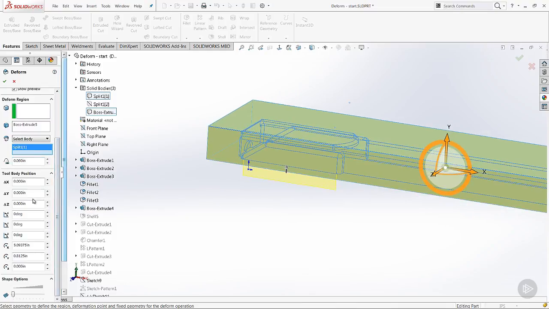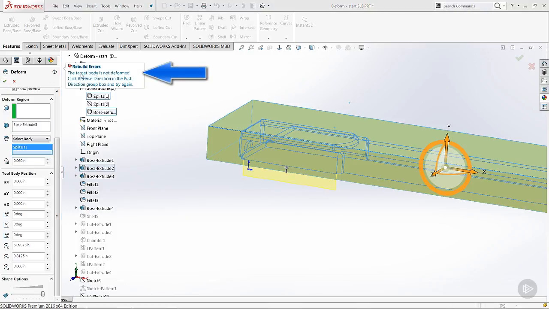Tool body position, we can look at that here in a second. We're going to come down here to the shape options. As we move the slider to the right side, the accuracy or closeness to the deforming tool is closer. If we go ahead and say OK right now, it's going to say, hey, target body is not deformed. Click the reverse direction in the push direction dialog box and try again. And that may be if you have the arrow going in the wrong direction, but